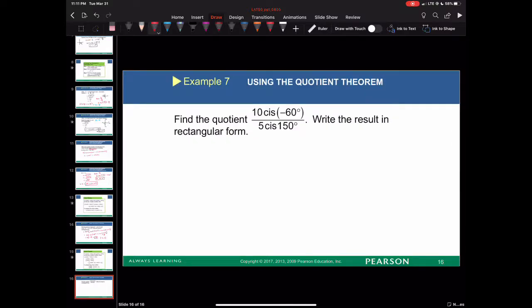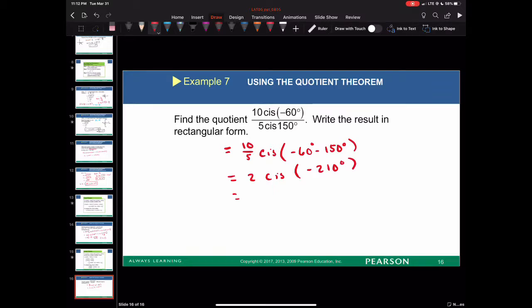So let's look at the example. So we start off with 10 cis of -60. And then we got over 5 cis 150. Now it says write the resultant. So when we write this out a little bit, we know that this was what? Equal to 10 over 5 cis. Then we can go ahead and say we had -60 minus 150 degrees, both of these degrees, which this is what? 2 cis, and this would be what? -210 degrees,